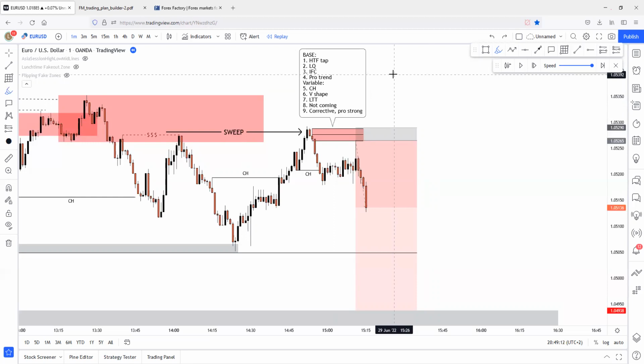Because other memberships, as I said again, I won't name any. I won't start the trash talking. I don't want to talk about names. They don't give criteria. Don't give a plan. And they are just literally letting you trade whatever you see and letting you execute bad setups too. And of course, those best setups will play out once, for example, in 10 scenarios.